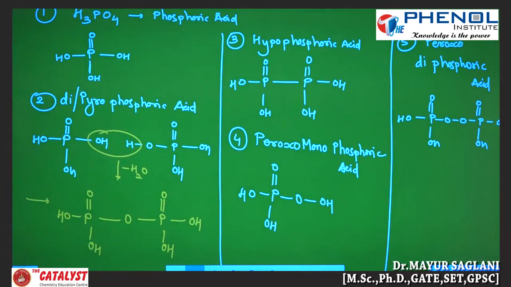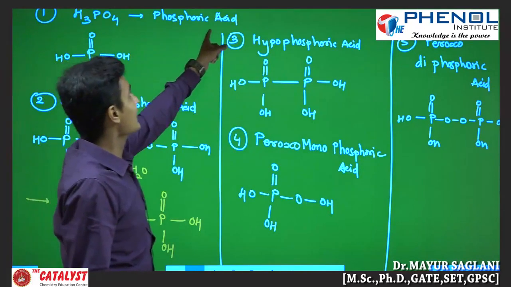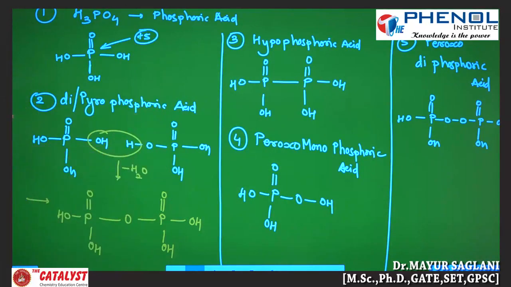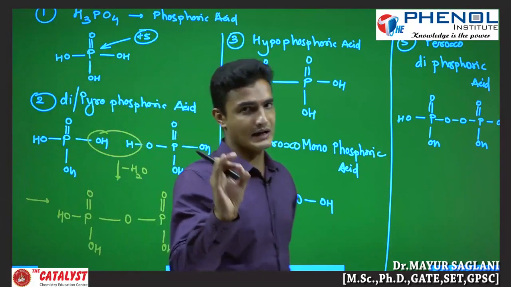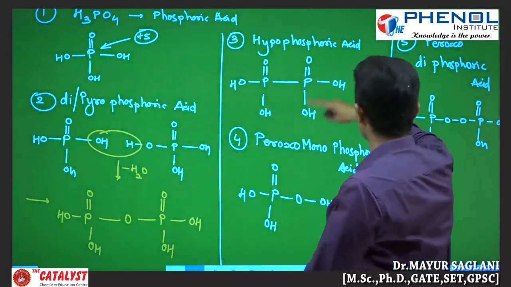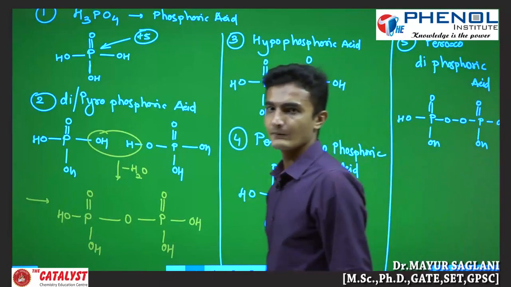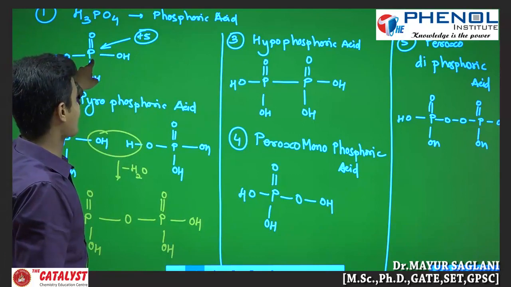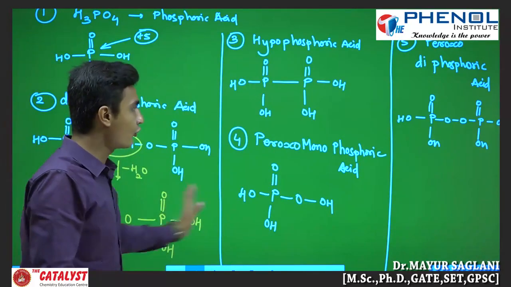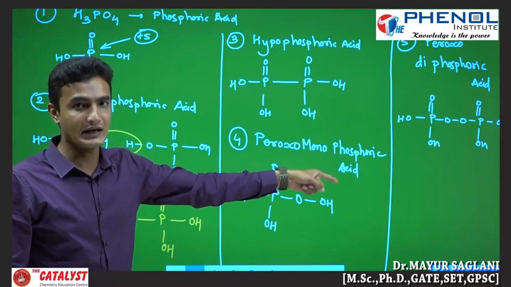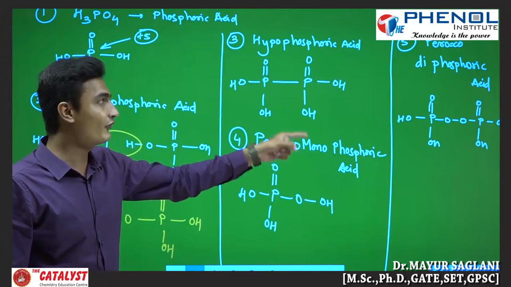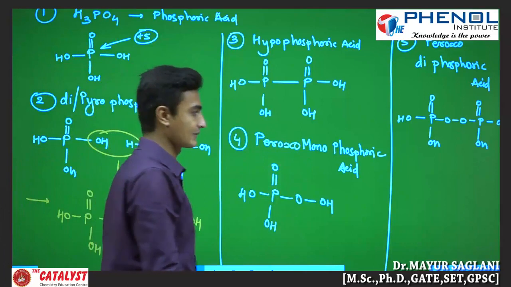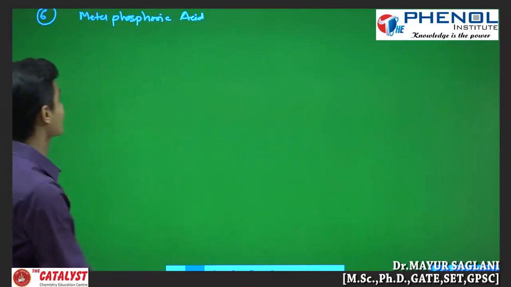This we have seen. If you calculate the oxidation state in phosphoric acid, the phosphorus is in the +5 oxidation state. Then just close your eyes and put +5 oxidation state on every phosphorus atom. Why? Because those all are units of phosphoric acid. If in phosphoric acid the oxidation state of phosphorus is +5, then in all the other phosphoric acids the oxidation state would be the same. So no need to calculate. Just if you see the name phosphoric acid, then you just put the oxidation state +5. Okay, fine.